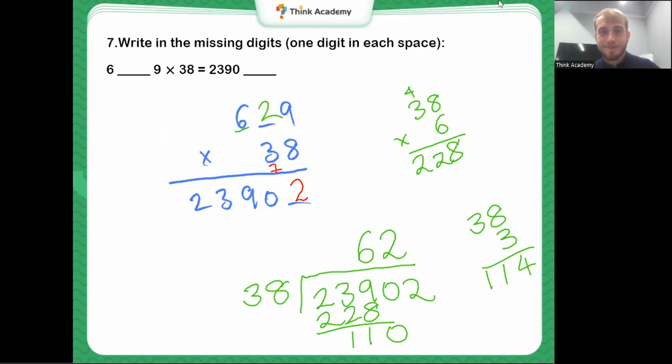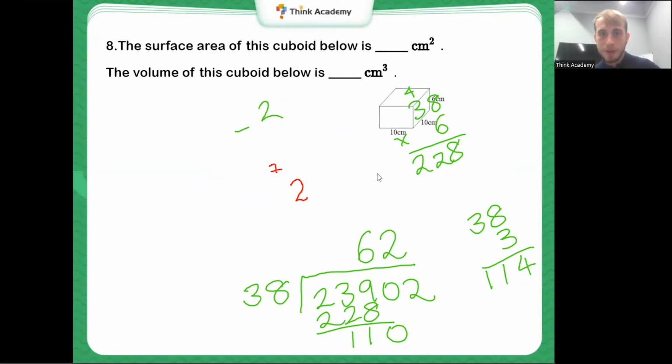Right, good. So we've got our 2 missing digits. They were both 2 for that one. Okay, next one. Now, this is actually one that we did in class quite recently, and I will go through